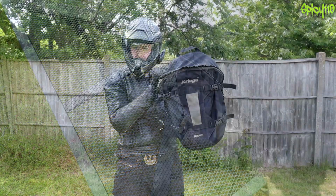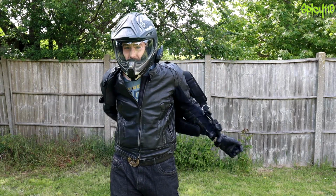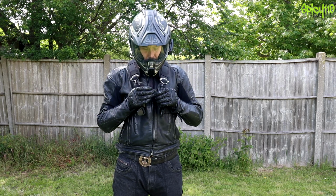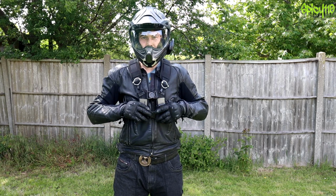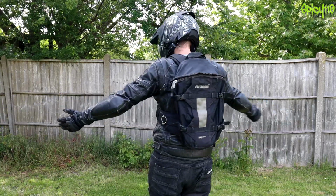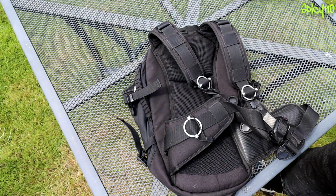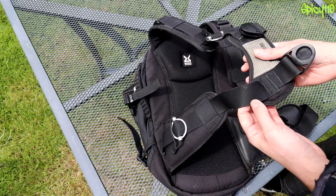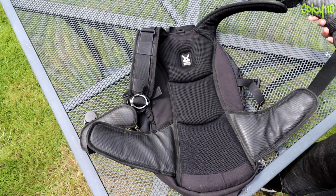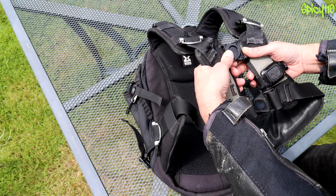That's basically it. The major sell, though, for these is the way that it goes on, because with normal backpacks, you have to try and get your arms through the straps, and with bike gear on, your shoulders kind of get in the way, and it's very difficult. So you have to have them loose, and then when you put it on, it's too loose, so you have to tighten it up, but then you have to loosen it to take it back off. It's very irritating. With these, it's basically like a parachute rig. It's got big wide arms that you can get on with no problem. This does up across your chest,